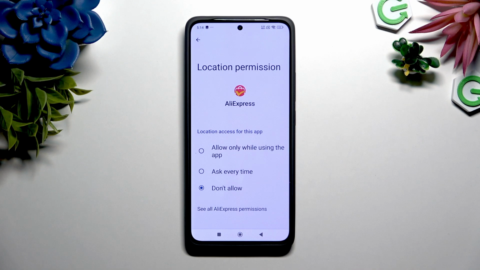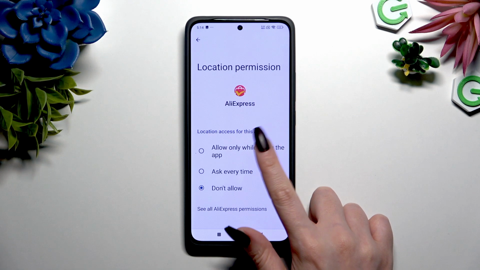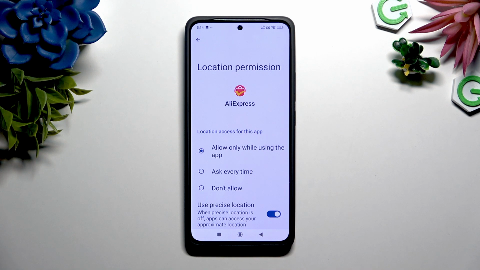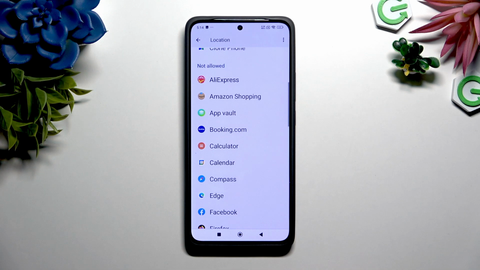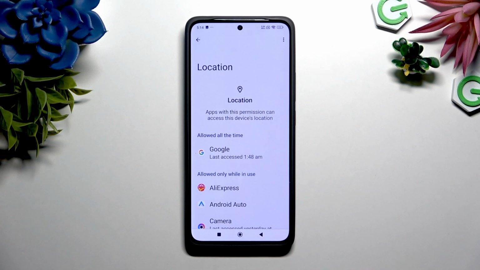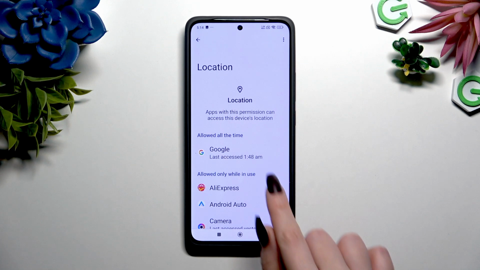Finally, you can apply one of those options. In my case, location access for this app, allow only while using the app, and go back. As you can see, after a couple of seconds, AliExpress gained access to my device's location if I'm using this